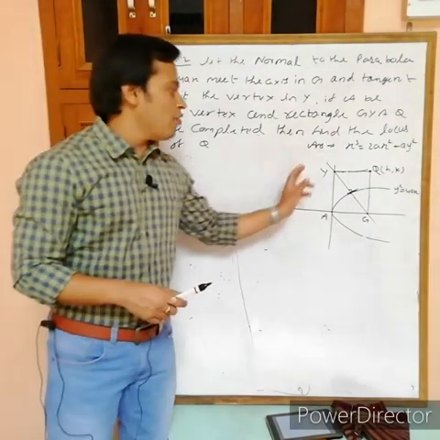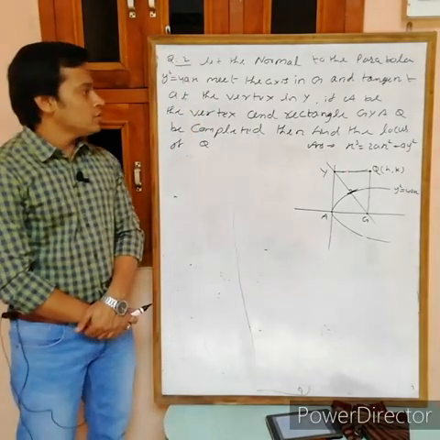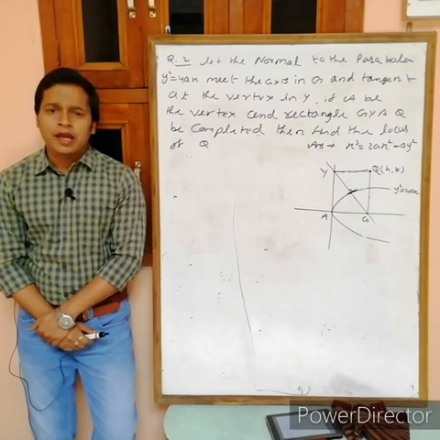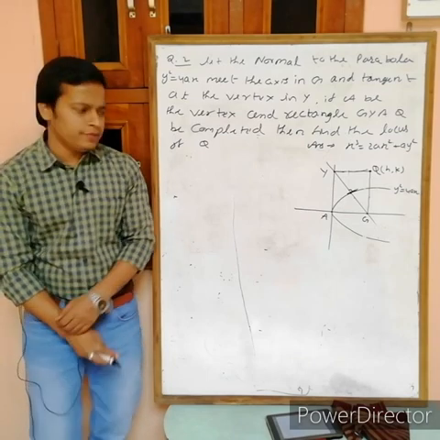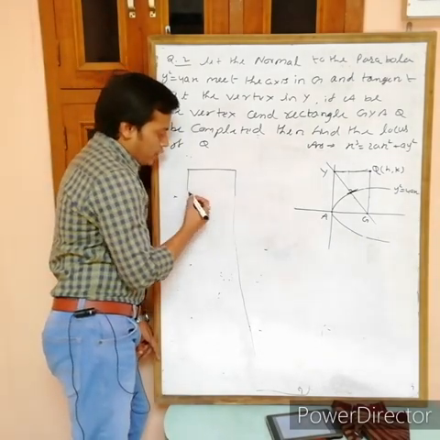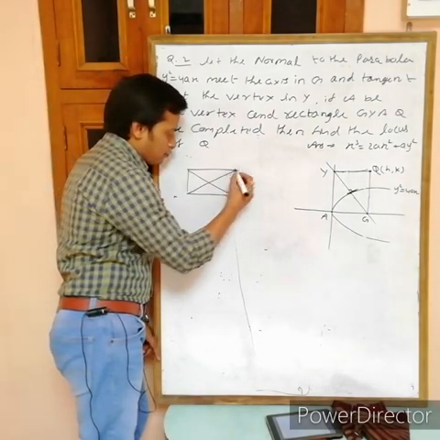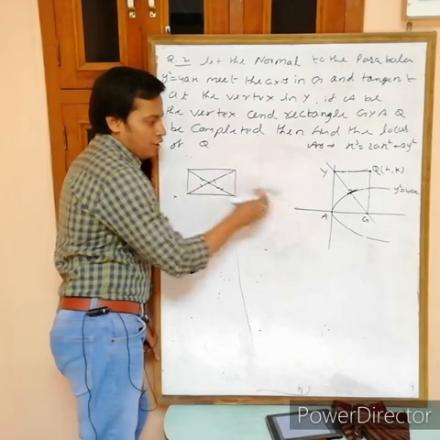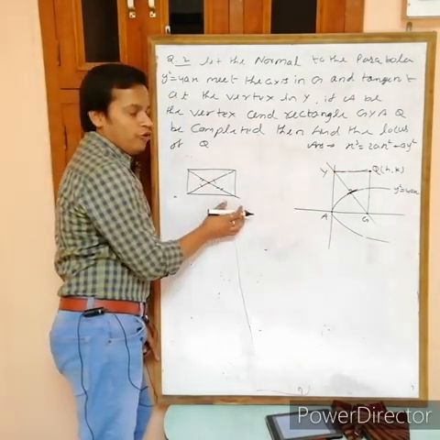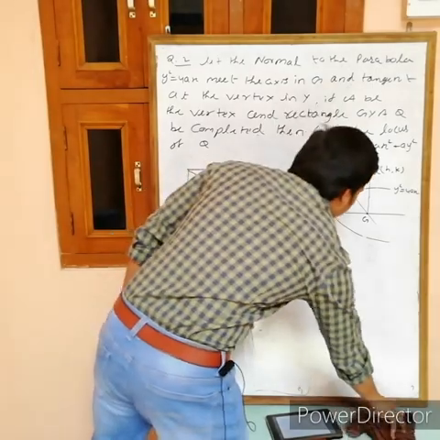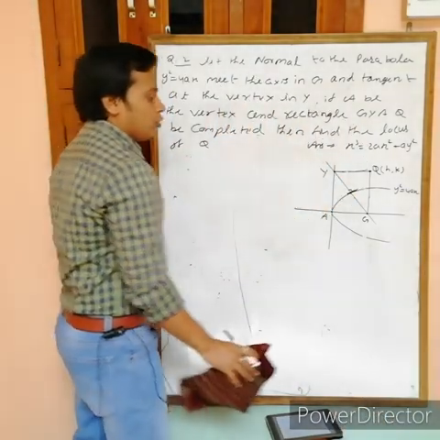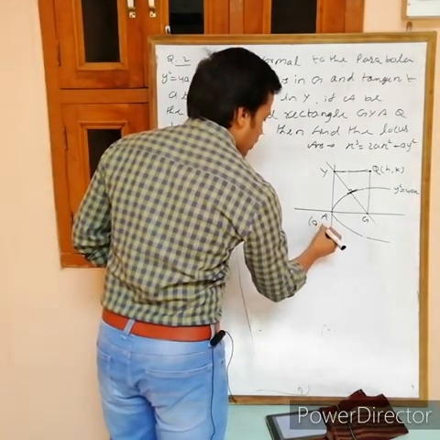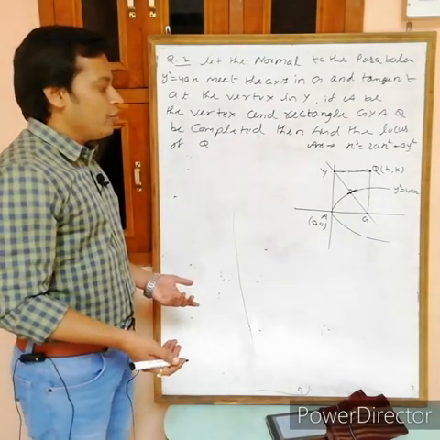It is given that GAYQ is a rectangle. What is the property of a rectangle? Both diagonals bisect each other, so they have the same midpoint. It means the midpoint of AQ is equal to the midpoint of YG. To use this, because we want the relation between h and k, we want the coordinates of all 4 points. Coordinate of A already I have: 0, 0. Now we want only the coordinates of G and Y.